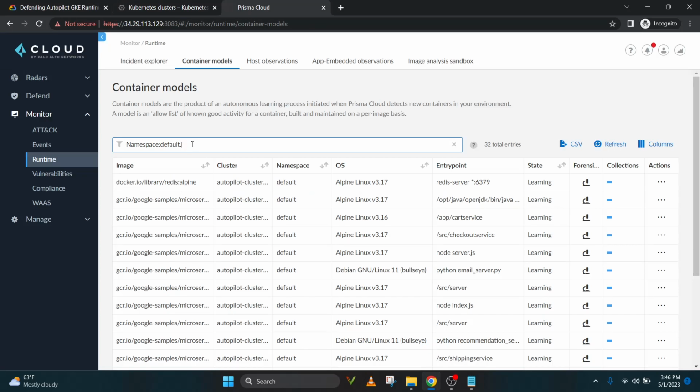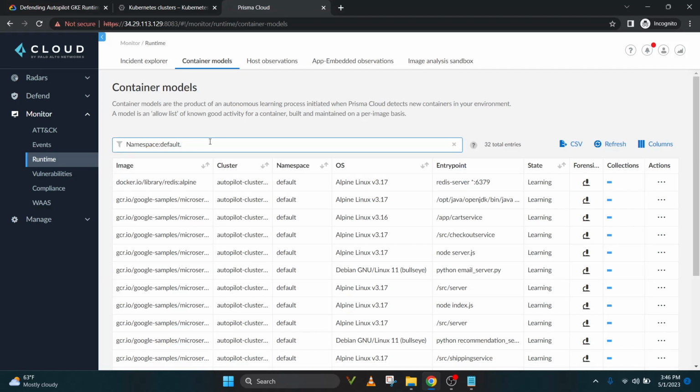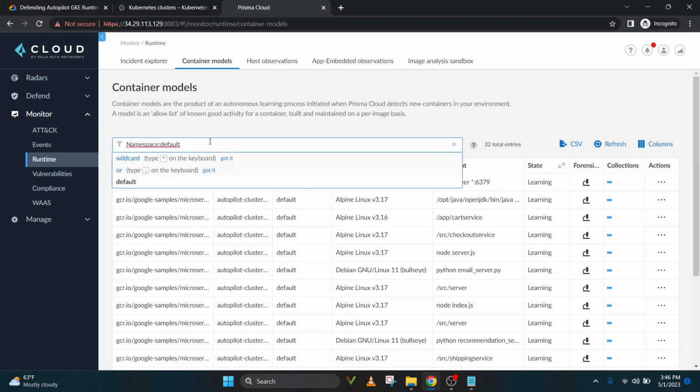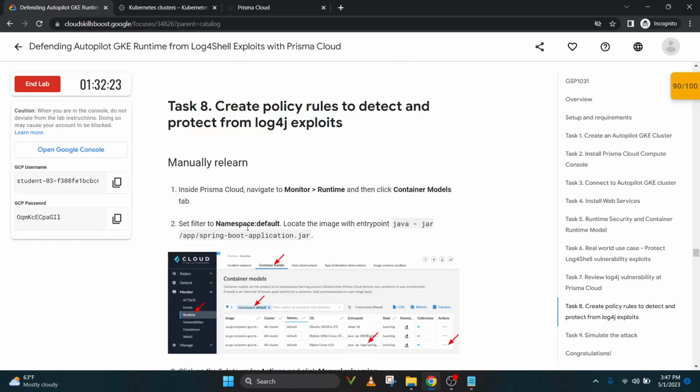Okay, there is no need of writing this dot. Okay, so you have to just click this default one. That's it. And then we have to locate the image with entry